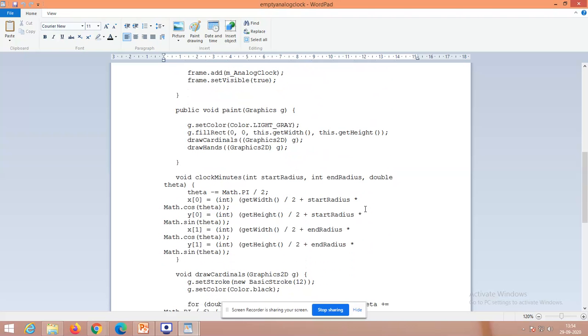So this is the math that you have to follow. Start radius, end radius, double theta. What are you going to do here? Assume the pi circle. You have a pi. You will get a subtended angle, right? That subtended angle will give you the corresponding coordinate here. That is the thing that we have to calculate. For calculating the subtended angle, for every pi, when it is going to change, you will get this value, right? So here Math.PI whole divided by 2.